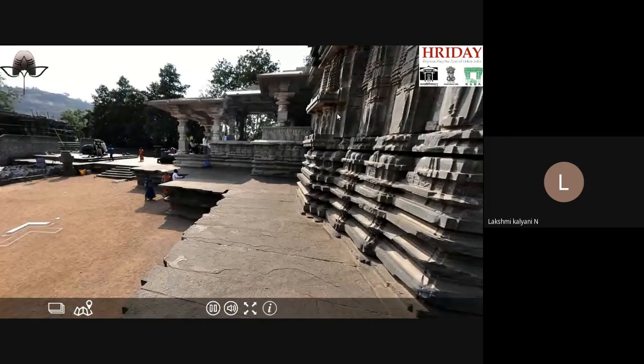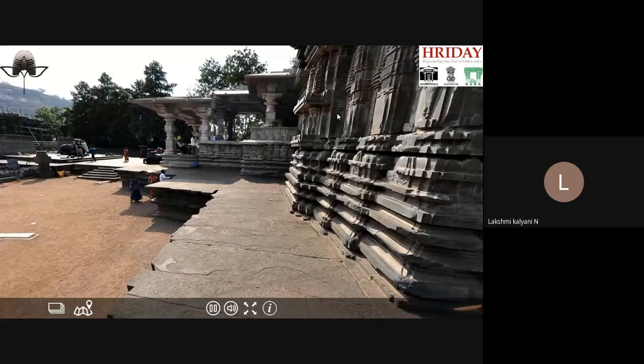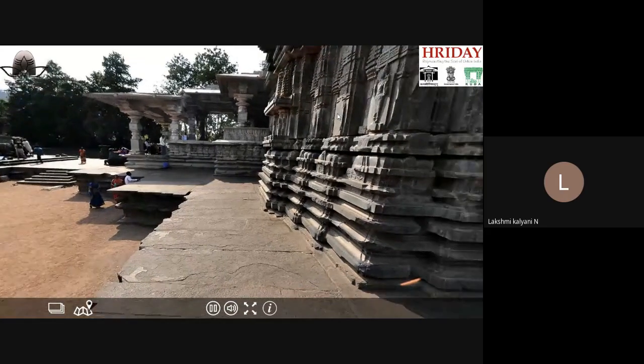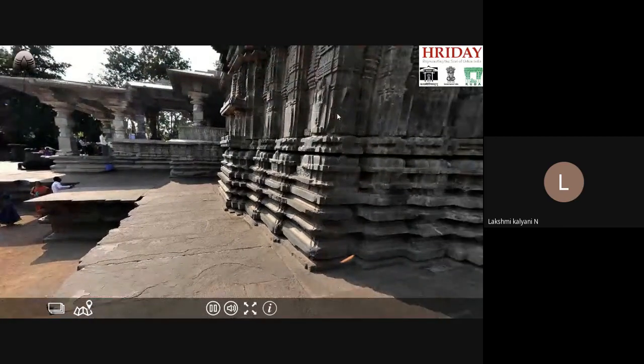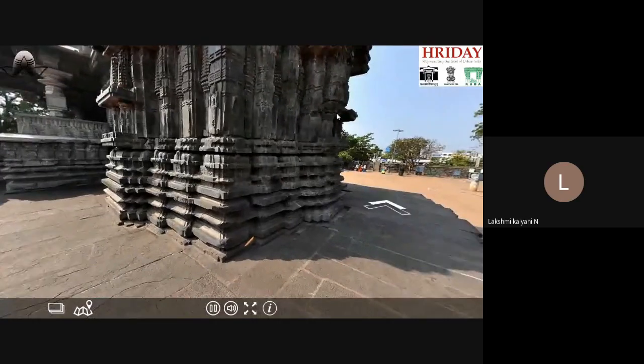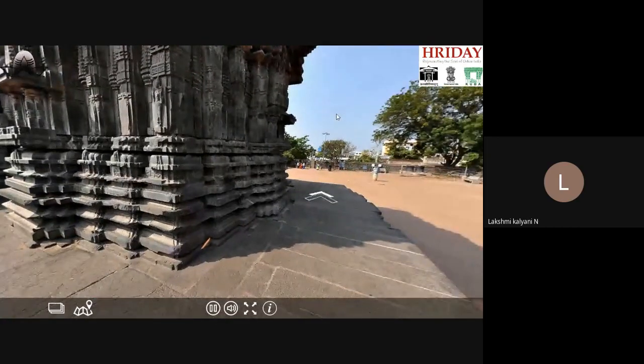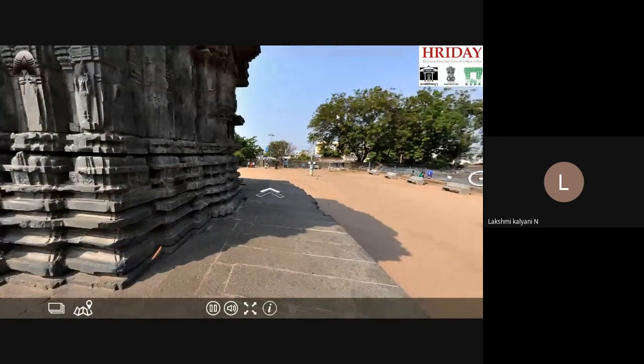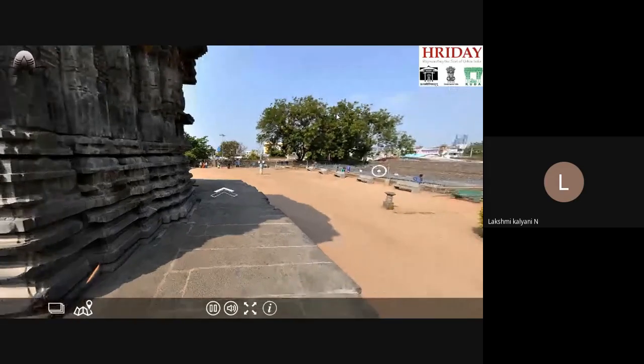Opposite the triple shrine, there is a huge Nandi, the Vahana of Lord Shiva. The Nandi of the Thousand Pillar Temple represents the heights of the intricacies of Kakatiyan art and sculpture. Each and every detail has been so realistically carved